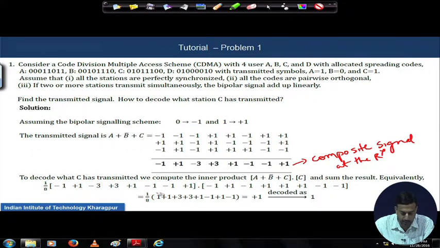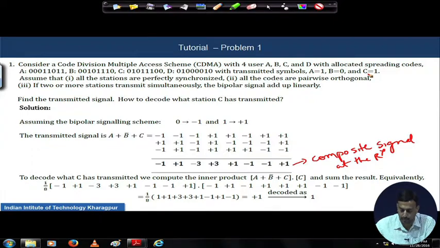And we scale it by 1 by 8 because that is the length of the code. So the inner product is nothing but element wise multiplication of the two vectors, or component wise multiplication, and then summing the result. 1 by 8, as I said, is the scaling factor, and as you can see, keep multiplying element by element and note down the result, sum up all the resultant inner product terms, scale it by 8, and we get plus 1, which can be mapped back to binary 1,